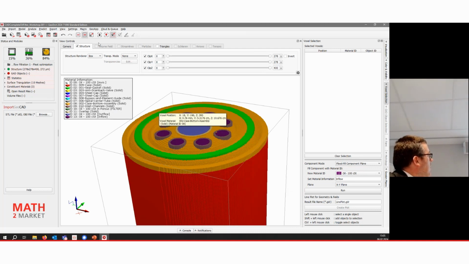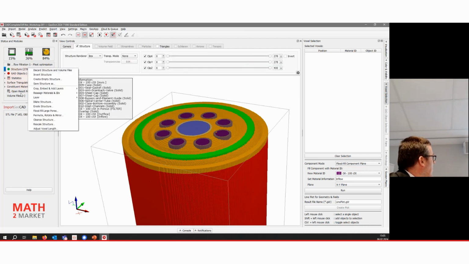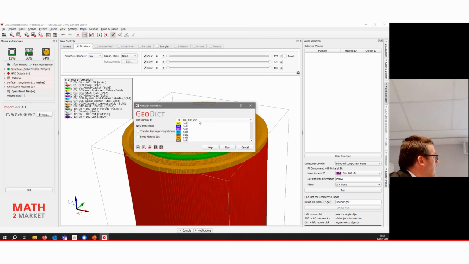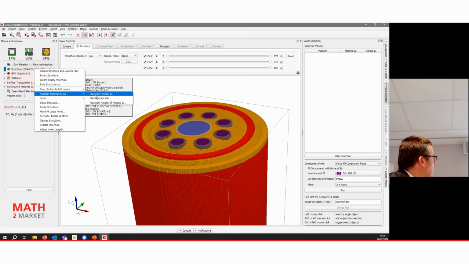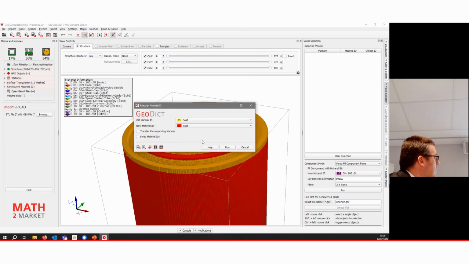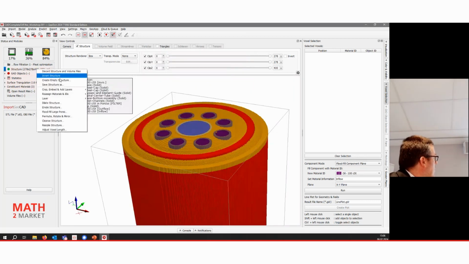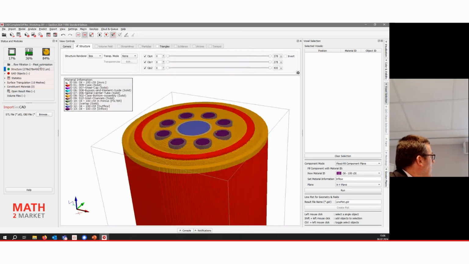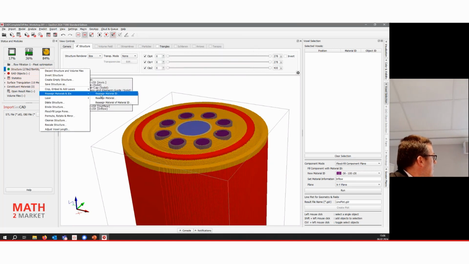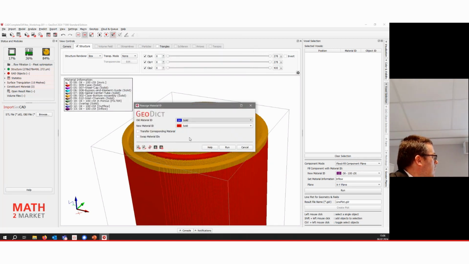Okay, so now maybe it's better to have one color, isn't it? That's a bit crowded. So we put everything to 1, run. Reassign material 3. I think it was not intended to have it done so often, isn't it? 4. Just have to keep in mind that I don't reassign the 10.